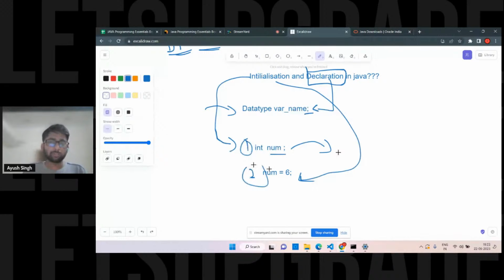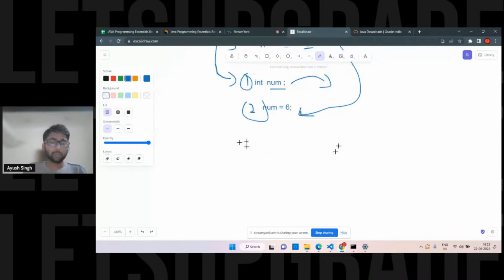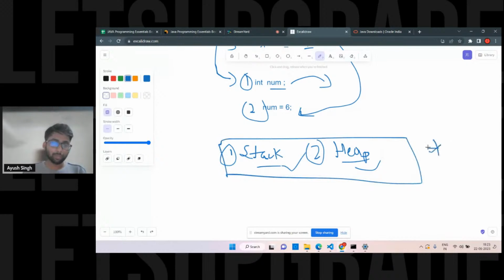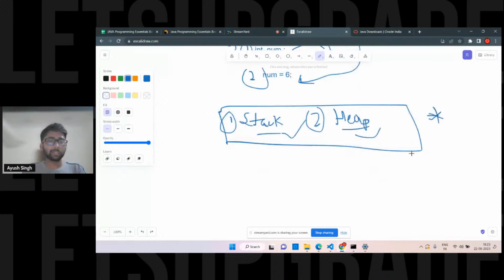Data type, you already know we have two types of data type, right? So you are going to talk about that memory part. See, right now just stick with this because we don't have much time. There is a concept of stack and heap, which is the internal working of how the memory gets allocated for the variable name and the functions. I'm going to tell you this on day 2 when we see functions and methods, because right now we don't have much time left. I'm not going to ask questions on this part. Stack and heap is an important point. I'm just going to start it. We are going to see this on day 2 because it is required in methods also.